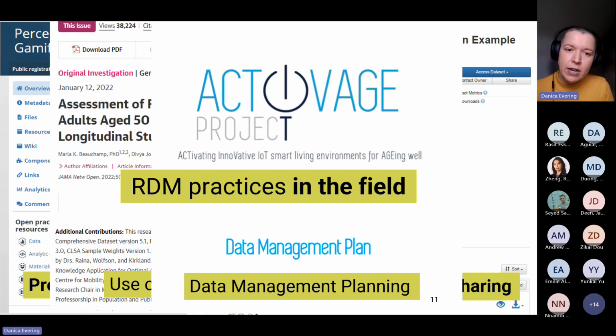We might also look at data management planning, which we will look at today. This is a Horizon 2020 Active Age project. This is using existing data sources. So this is a functional mobility assessment based on Canadian Longitudinal Study on Aging data. And then also data sharing. This is a recent data set from Phil Kohlmeyer, who's in the electrical engineering department, on battery estimation, with example code shared in McMaster Dataverse. So data sharing is also a practice.